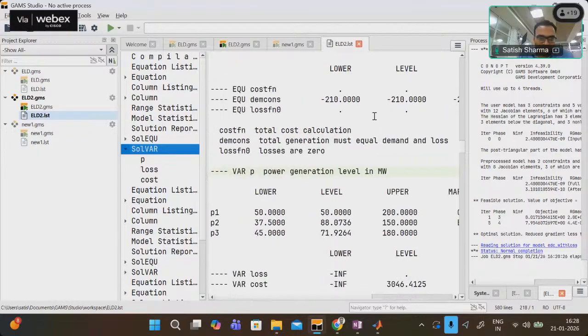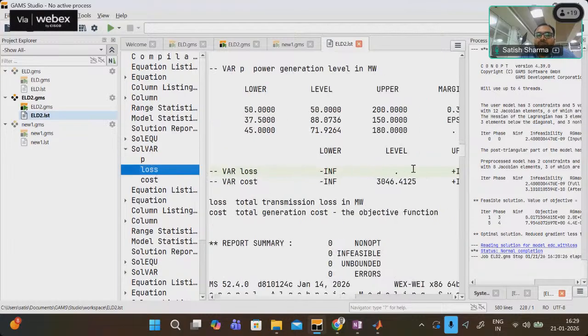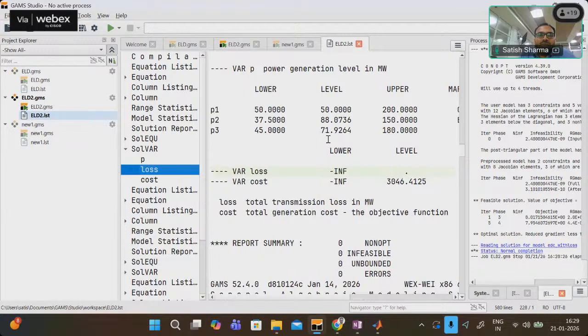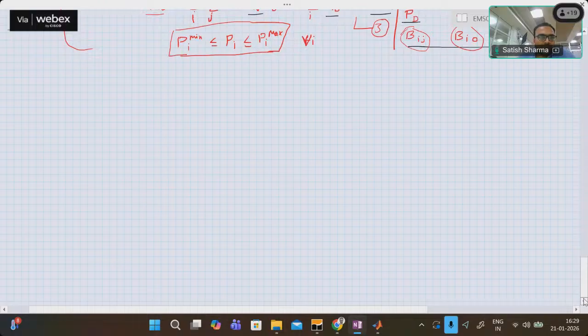Okay. So let me note down these values because it is interesting. The very first model was without losses. You can see the loss value is 0 here. Variable loss is 0 because we have provided loss equals 0, and you can see the variables p1, p2, p3 are 50, roughly around 88 and 72. So I will put it down here. Let me put it here that for this example,